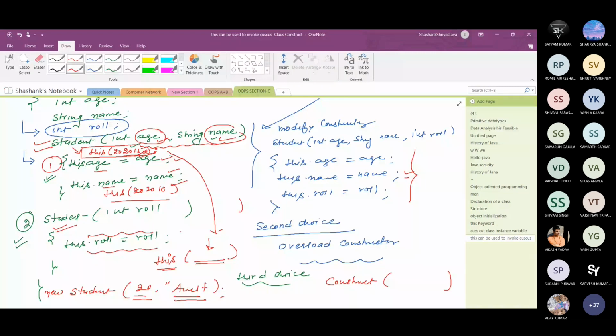Now the third application. What is the third application? This can be passed as an argument in the method call.